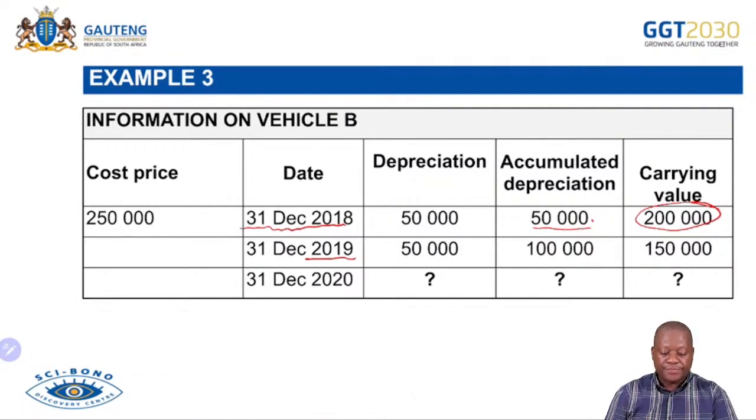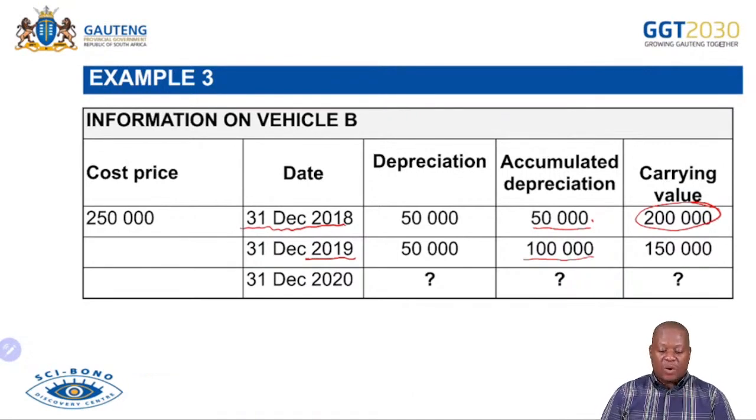Sorry about that. At 50,000. And what happened to our accumulated depreciation? Just like our age, it is accumulating. It is going up. So when accumulated depreciation increases, it means our carrying value is going to decrease. So it's 250,000 minus 100,000 to give us our 150,000 as the carrying value at the end of